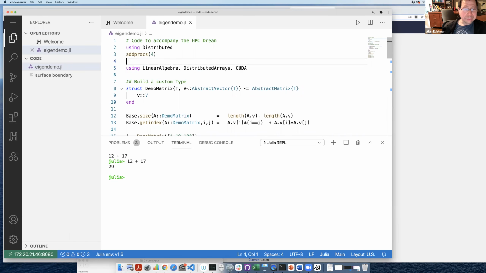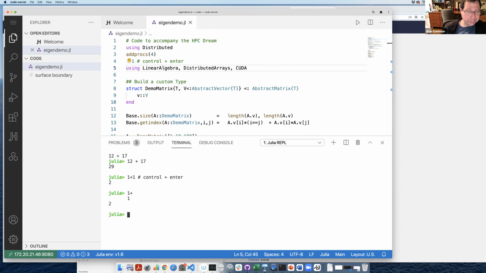Okay, and so I got a Julia REPL up by just grabbing the line, 1 + 1, and typing Control plus Enter. That actually just executed that line, or in fact, I'll do it again. It copies the line down here. I could also just type directly into Julia here.